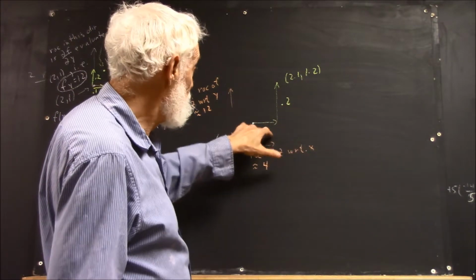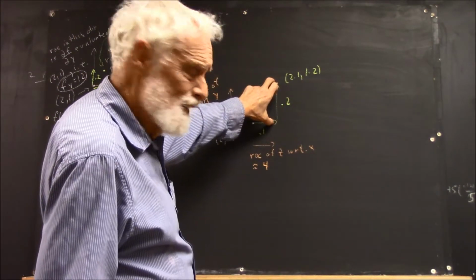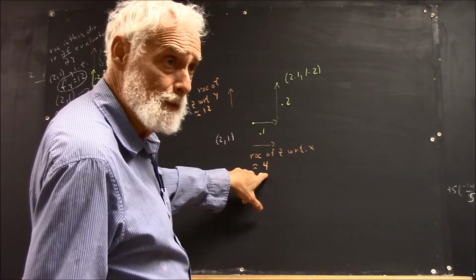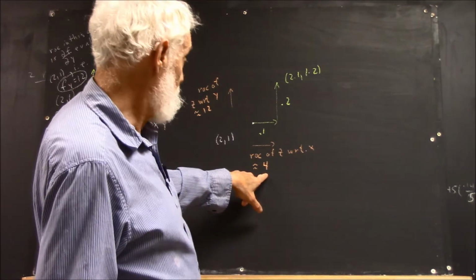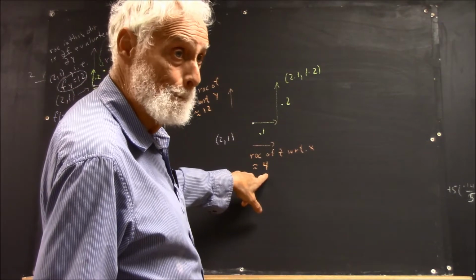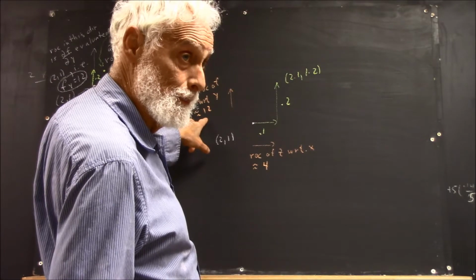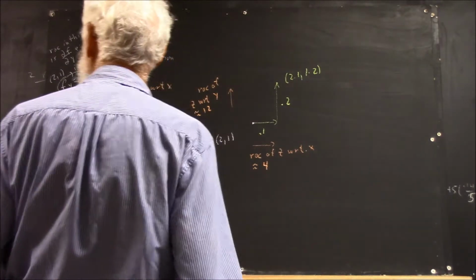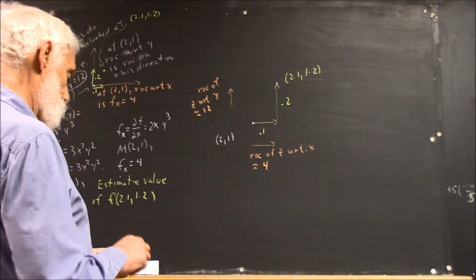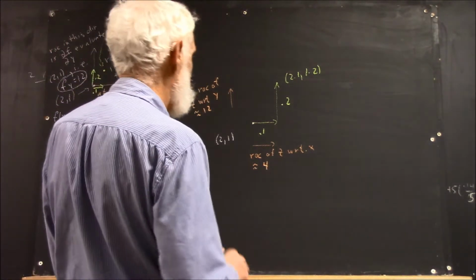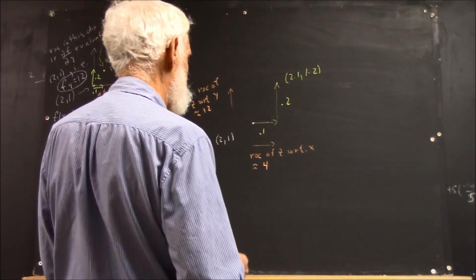So we're going to say if these changes are small enough, then we're going to get a good approximation if we just assume that the rate of change stays at 4. Okay? And that this rate of change stays at 12. Okay? So if this rate of change is 4, well, delta x